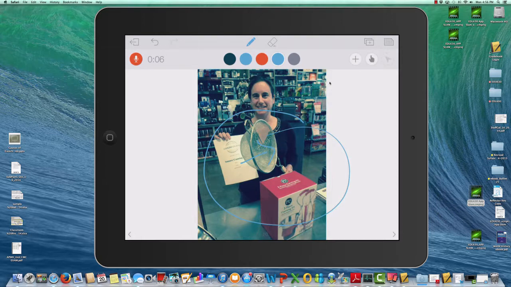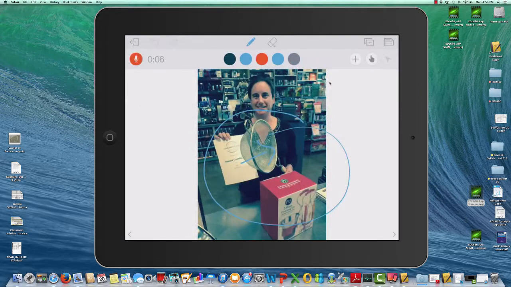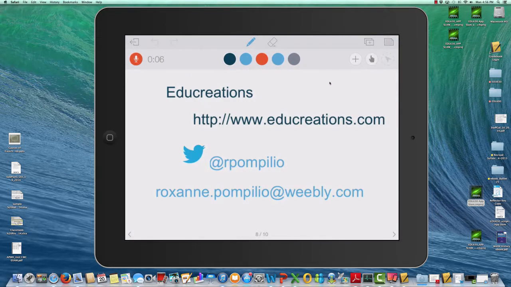So that's how I am using Educreations. Then when you are pretty much done with your project, you can either save your draft, and if you want to save your video, you can, or you can maybe not save the video. So check out Educreations. To do that, you'll want to go to